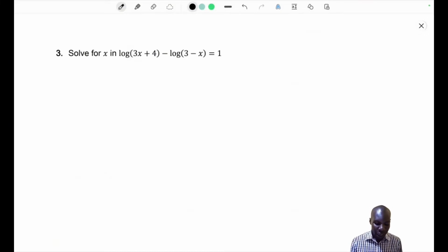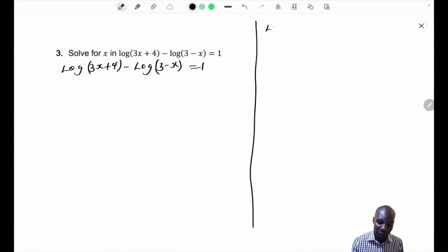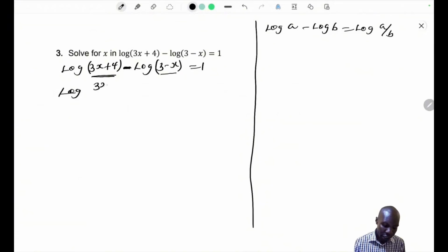Number 3. Solve for x in log of (3x plus 4) minus log of (3 minus x) equals 1. So we have log of (3x plus 4) minus log of (3 minus x) equals 1. We know that if we are given log of a minus log of b, then we have log of a over b. So this can be written as log of (3x plus 4) over (3 minus x)